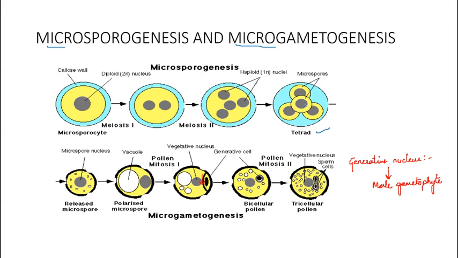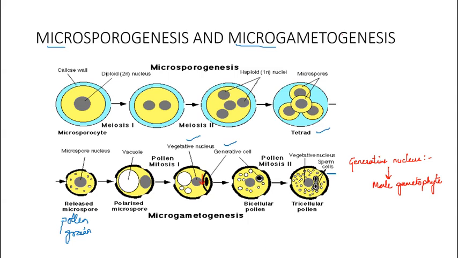Now this pollen grain, which is a microspore, is a microscopic structure again. Inside the pollen grain there will be mitotic division, which will produce a vegetative cell and a generative cell. The generative cell will divide again to form two sperm cells, the male gametes. And the vegetative cell will guide the pollen tube germination, or provide nutrition to the growing pollen tube.